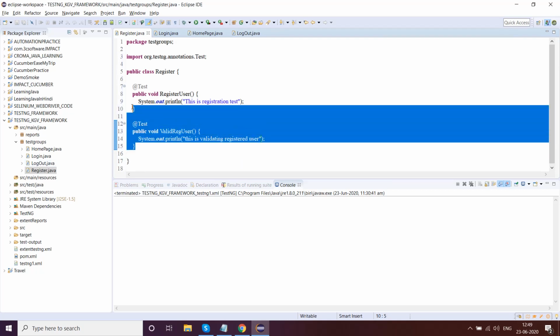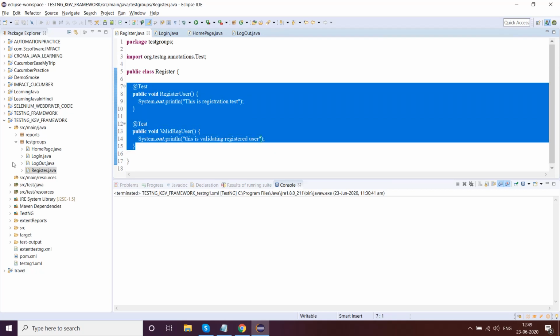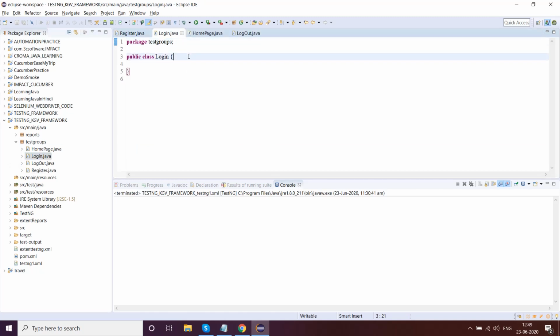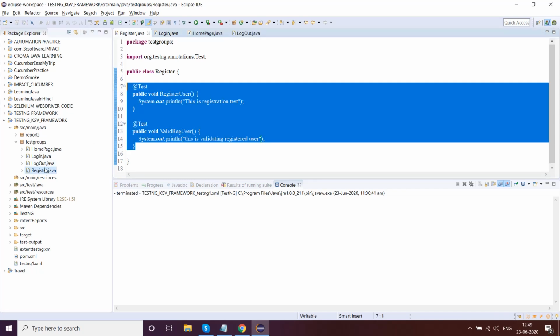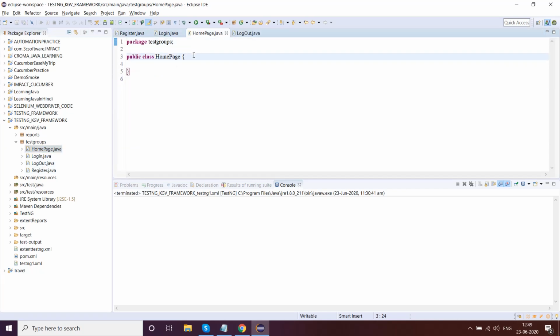Now I'll copy these two, go to login, paste it here, and change them to login user and valid login user. So this is login test, and this is validating login user. Then I'll go to home page and copy the same thing.